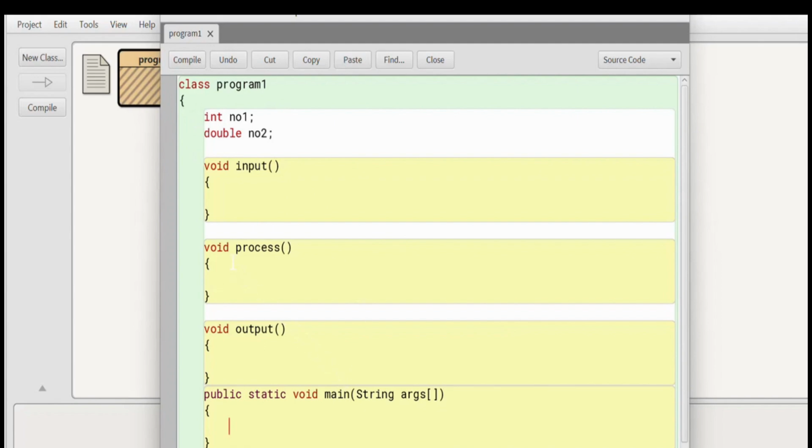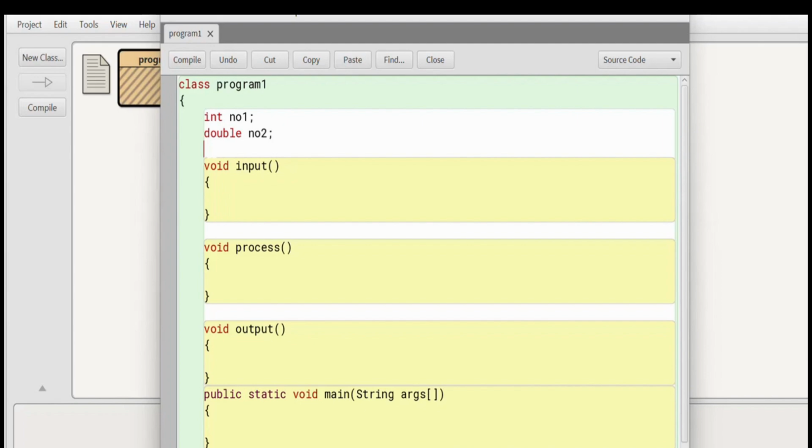Now, as I told you, Java can take input from anything. It can take input from a video, like the movement of an image, or from a sensor, like a thermal sensor. But here in our program, we need to take the input from the keyboard. For that, we have to create an object of a ready-made class, which allows you to have your input device for this program as a keyboard, or in very simple language, you have to connect the keyboard to the program. So: Scanner sc = new Scanner